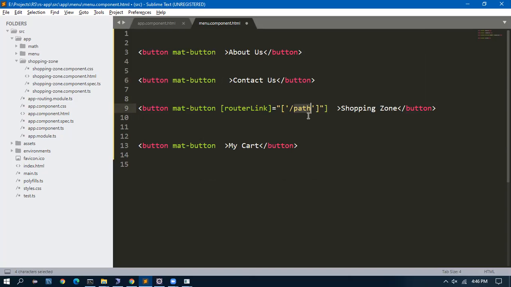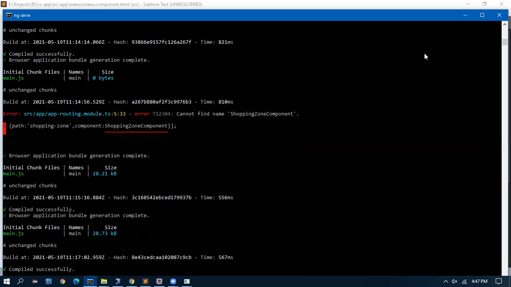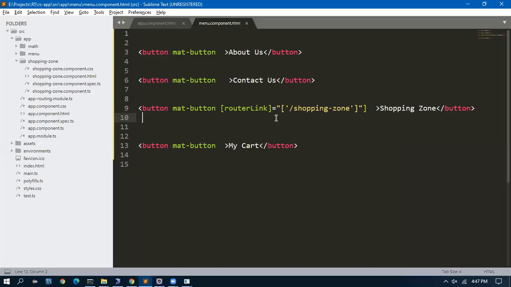So here I have to give shopping-zone. Okay. What is wrong? There is an extra one. This is wrong.